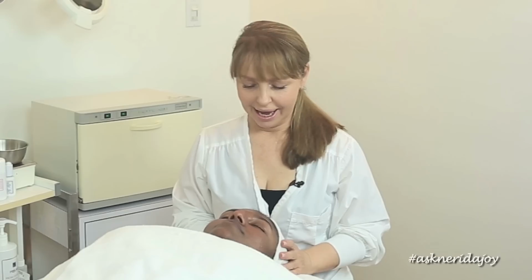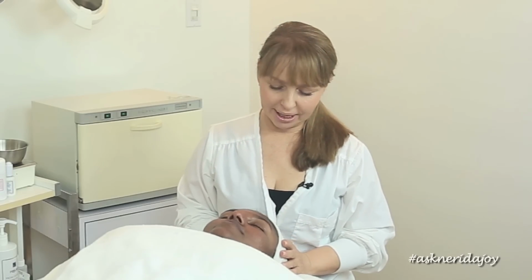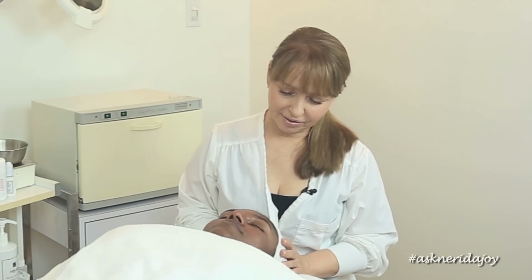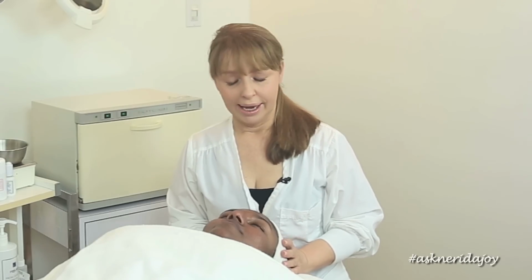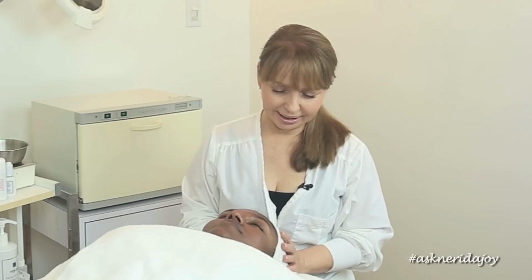We are back here today. We have Christina here. And Christina, this is Christina's third treatment, yes, on film. And we are going to have a look at her skin. We've had to make some changes with Christina because Christina's skin was very, very sensitive. And I think the last time she came in, we had discovered she was having a sensitivity to something, wasn't it, Christina? Mm-hmm. And so we had to change out one of her products. And so I'm going to have a look at her skin today and see how we're doing with the new